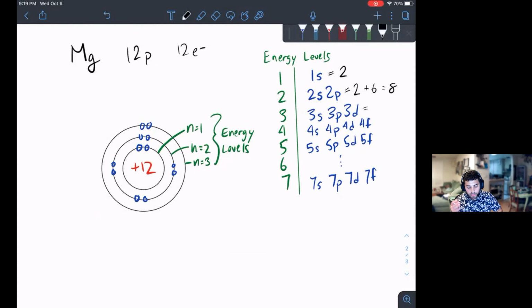Now we have our 8 plus the d orbital. The d orbital is 5d orbitals. So the d sublevel holds the 5d orbitals. And each one of those holds 2. So that's another 10. So it's 2 plus 6 plus 10, which equals 18. And lastly, we now have our 18 plus the f sublevel. There are 7 f orbitals. Each of those hold 2. So that's another 14. So it's 2 plus 6 plus 10 plus 14 for a grand total of 32 all